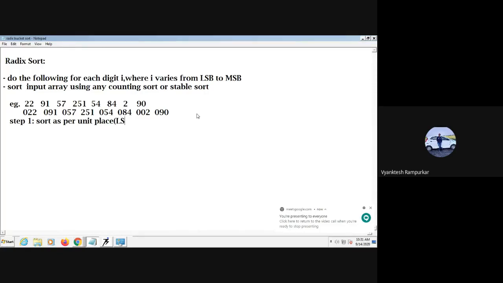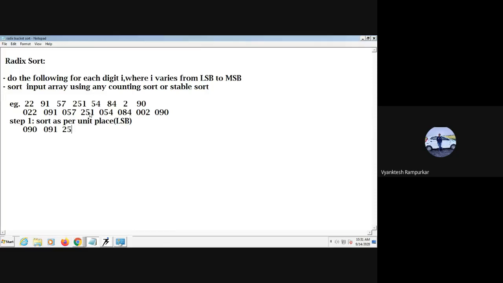So what is the output? I think this 90 becomes 090. Then next is 090, then 091. Okay.